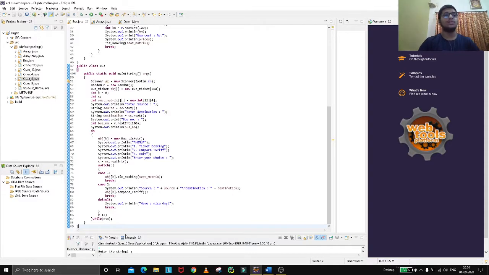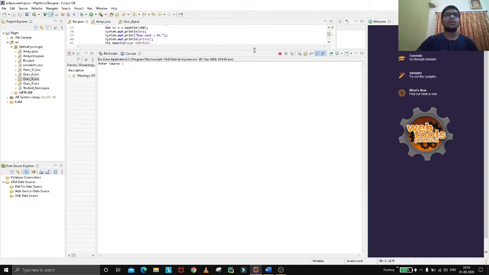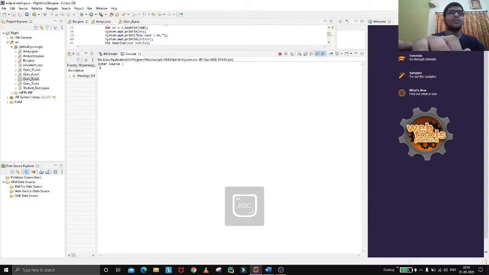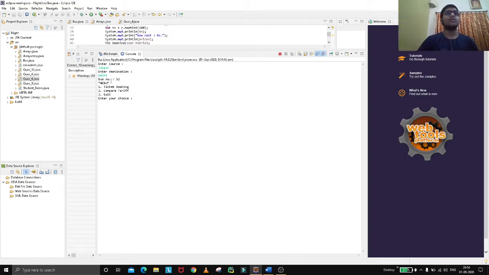Now if we run this code, enter source, say Jaipur, enter destination Delhi. As you can see, I have been provided with bus number 52. Then enter your choice, ticket booking, I need to book the tickets.